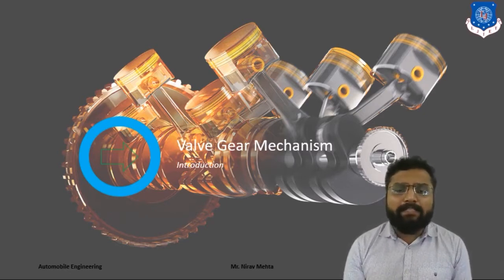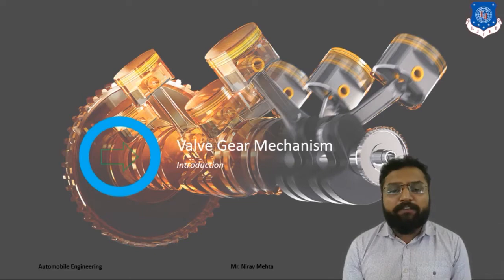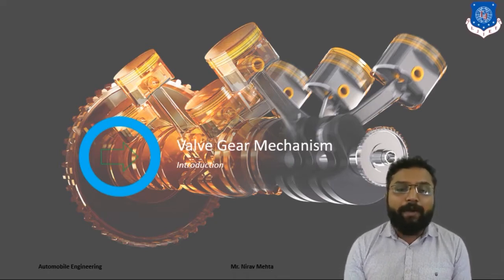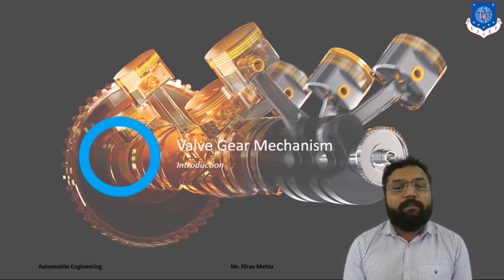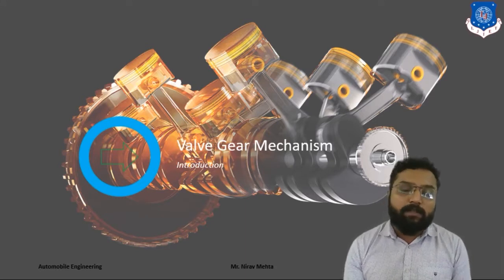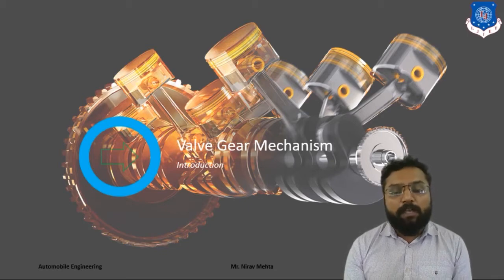So valve gear mechanism is used to provide a sufficient amount of fuel to our internal combustion engine at the perfect time. Clear? So it should have perfect timing as well as provide a sufficient amount of fuel at each and every stroke. Before finding out the different aspects, we should know the function of this valve gear mechanism and how it is constructed.